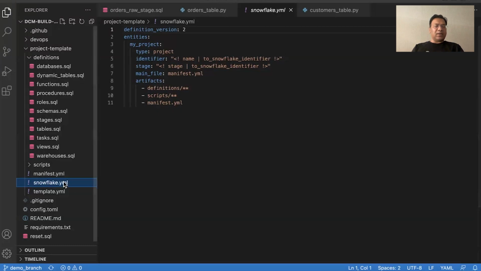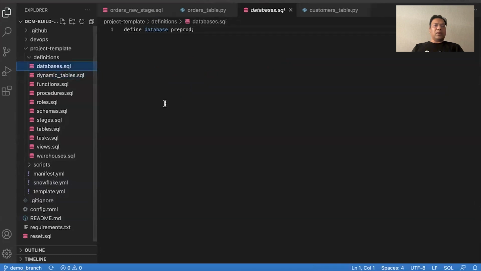What it does, there's a declarative snowflake.yaml file where you can now define your entities, whether these are my projects or my native apps or Streamlit projects, and you're able to put all of your definitions under this artifact, which is definitions. And here you can see there's something new which we're adding, which is called define, which not only manages the definition, but it also manages the ordering or dependencies you may have among these